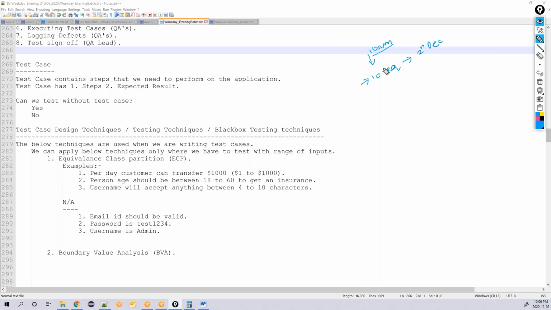So all the inexperienced people generally think, oh, my lead has come to me and given me the requirements, I need to prove that I'm an experienced guy in front of him. So right from 10:05 a.m. I'll keep on writing the test cases. By 4 p.m. in the evening, I'll submit my test cases and take up some new work. This is what I'm going to adopt.